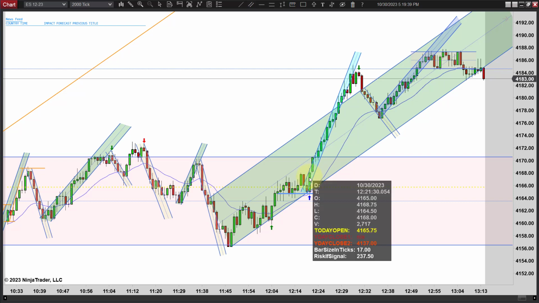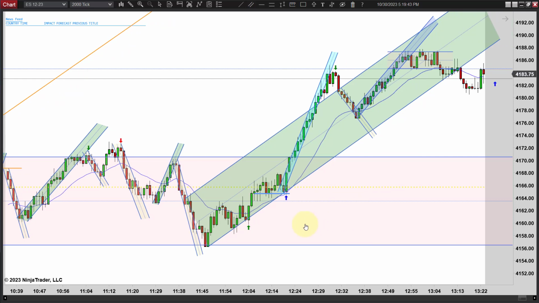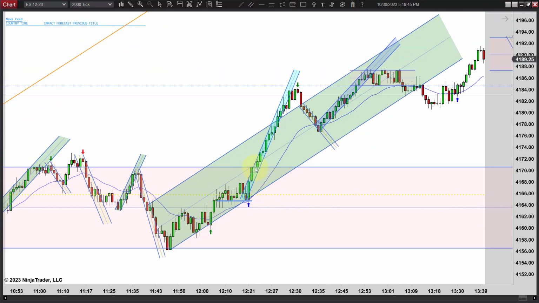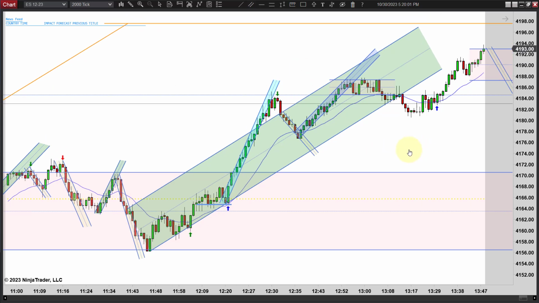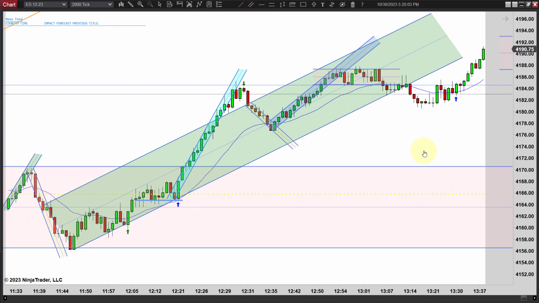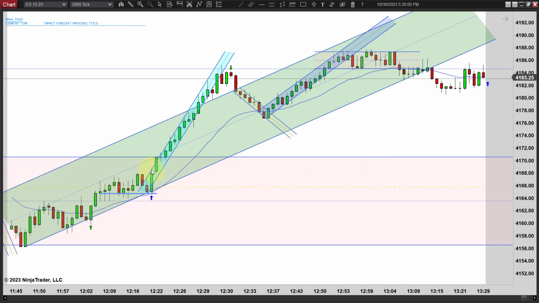I'm not as crazy about going long at the high because it's 17 ticks already, so it's pretty risky only for that when you're only expecting it to just retest these highs. But this thing takes off, so sometimes with more risk comes more reward. Doesn't mean you want to take on that risk, but you do get a bigger reward for risk sometimes, and that's one of the cases. That's a perfect example of it right there.